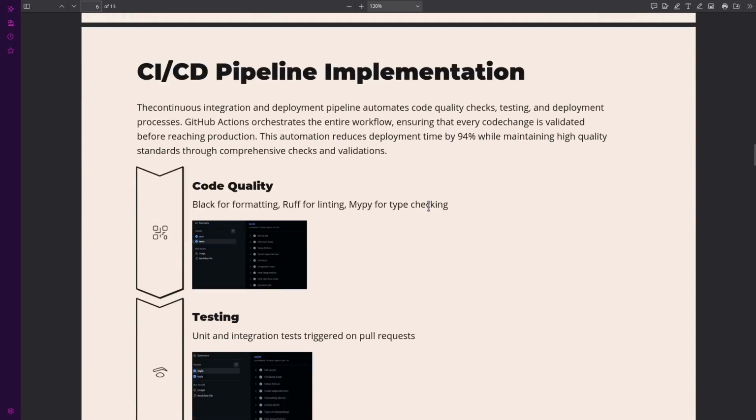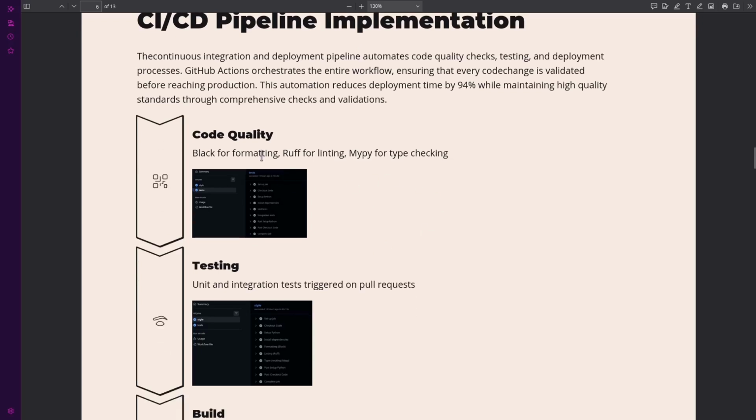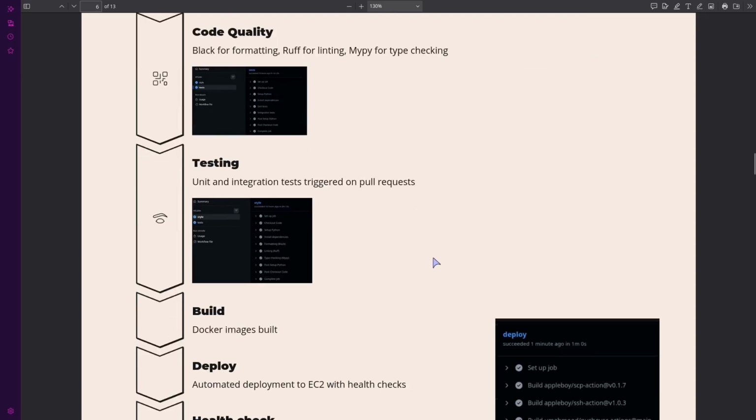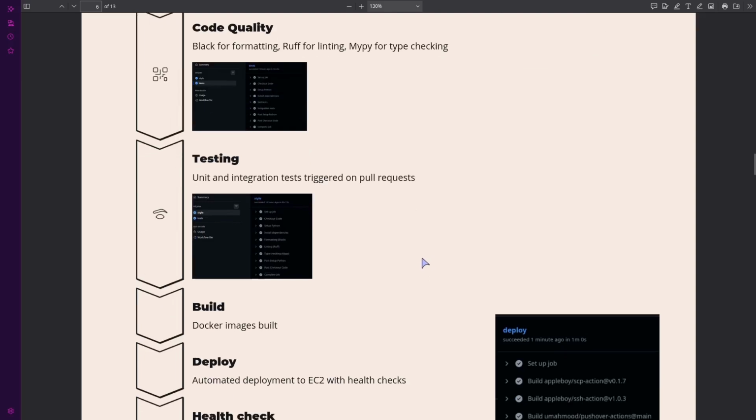After that, we have the CI/CD pipeline implementation. Every code change triggers automated formatting, type checking, and unit and integration tests. So whenever any pull request is made to the master branch, it checks for both code quality and testing. So there are two jobs in the CI, and whenever those two pass, the merge happens to the master branch, and